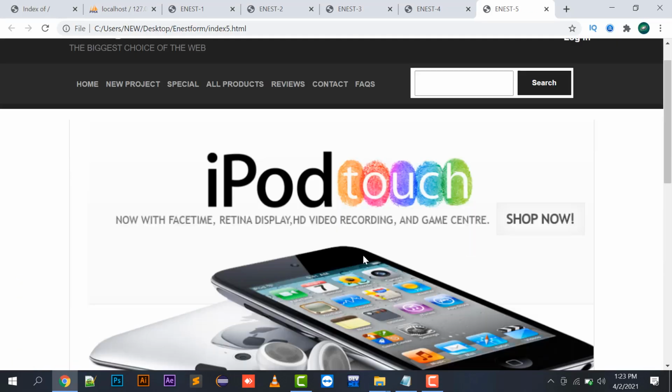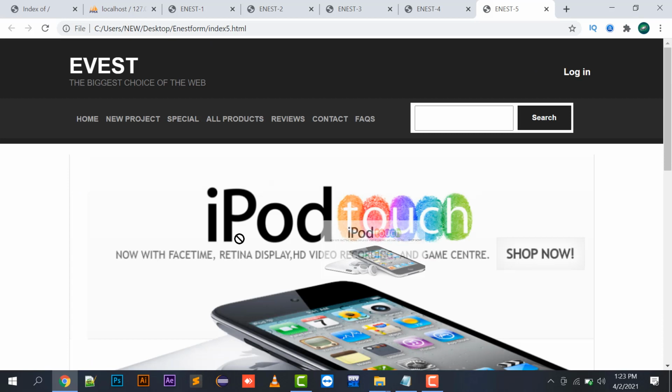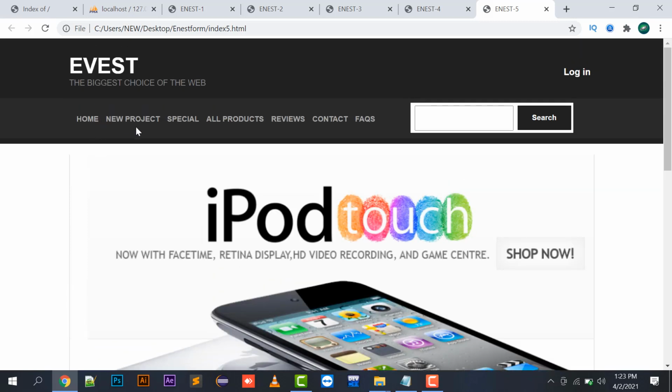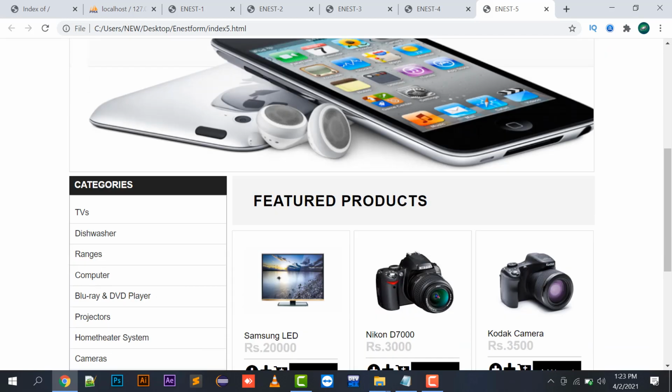Then this is your front screen. It will contain a slider that will rotate 3 to 4 images one by one, and this will be a menu part. The menu will be a static menu, and we will be making different pages for all these menus, right? And the login word will be attached with the login file. The search will be used to search products or anything you want to search from the website.